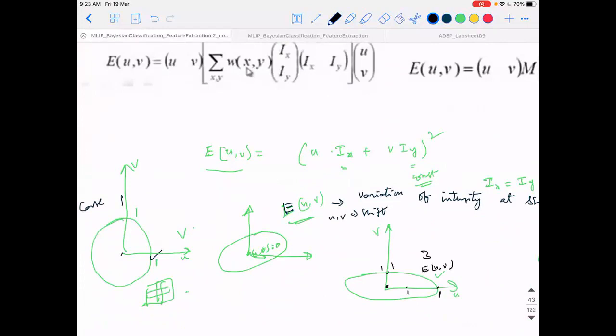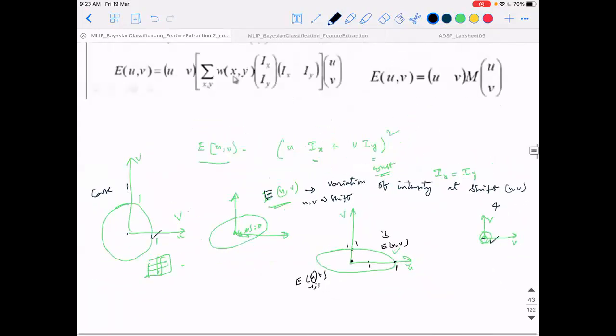Okay, you got the point. So that means I am substituting U comma V is equal to -1 to 1. But E(U,V) is an expression, a polynomial. That polynomial, if I sketch, it is coming like this. So even for a single small shift of U, the value of E(U,V) is going to a much higher value. That's what I'm trying to illustrate. So the variability is high in the U direction, and the variability is less in the V direction. Is that clear?